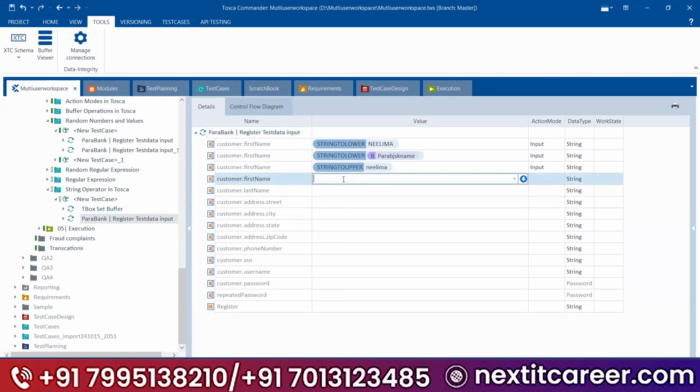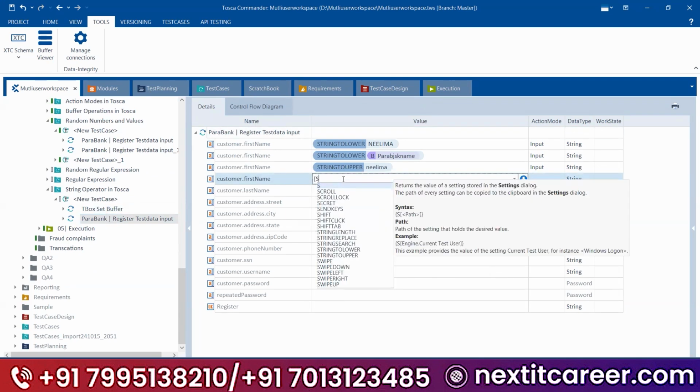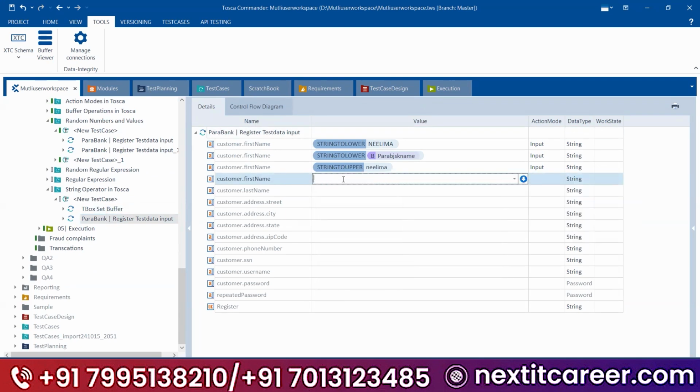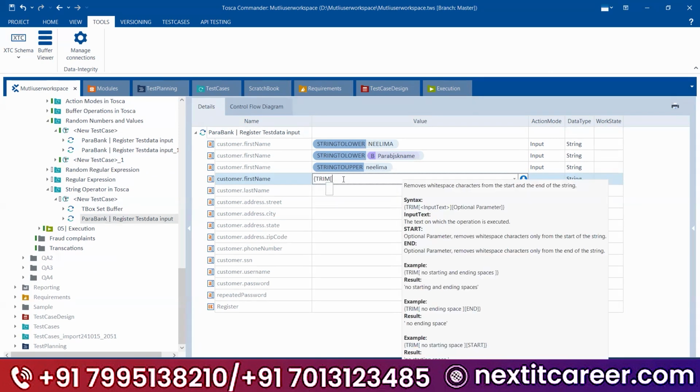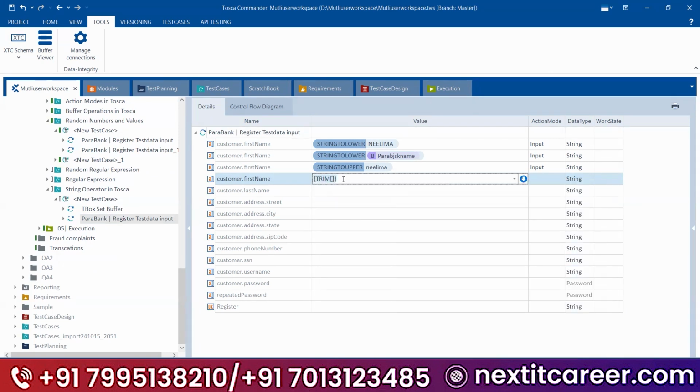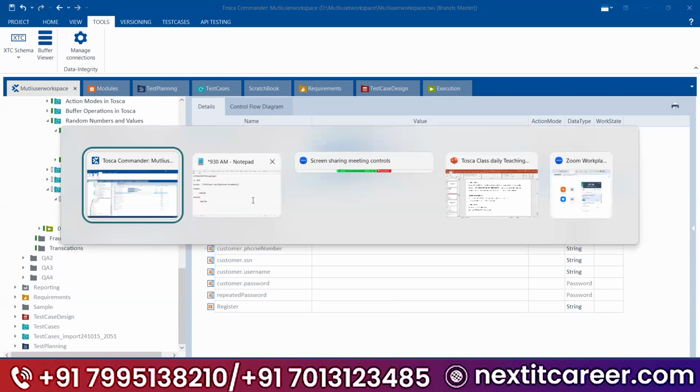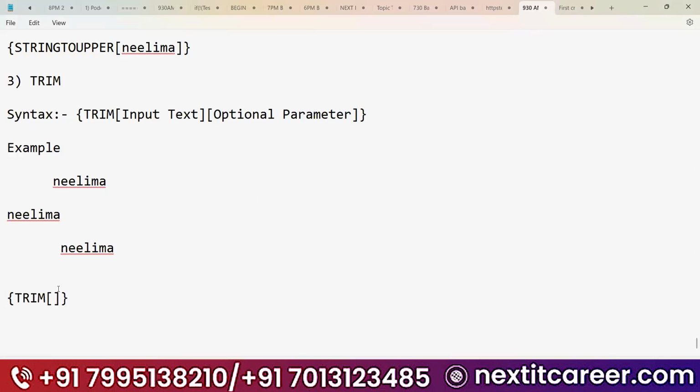Okay. So you need to use curly bracket. Okay. So trim. What is the syntax? Curly bracket, trim, close the bracket and close curly bracket. Let me write it over here so that you'll understand. Okay. So curly bracket, we need to use trim. So now copy this entire thing, including the spaces, guys.